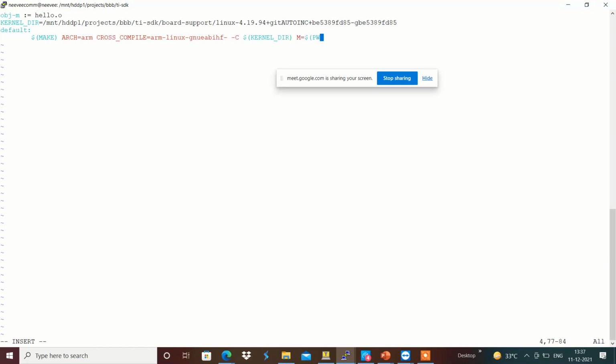It is the present working directory module it has to use over here, make modules over here.